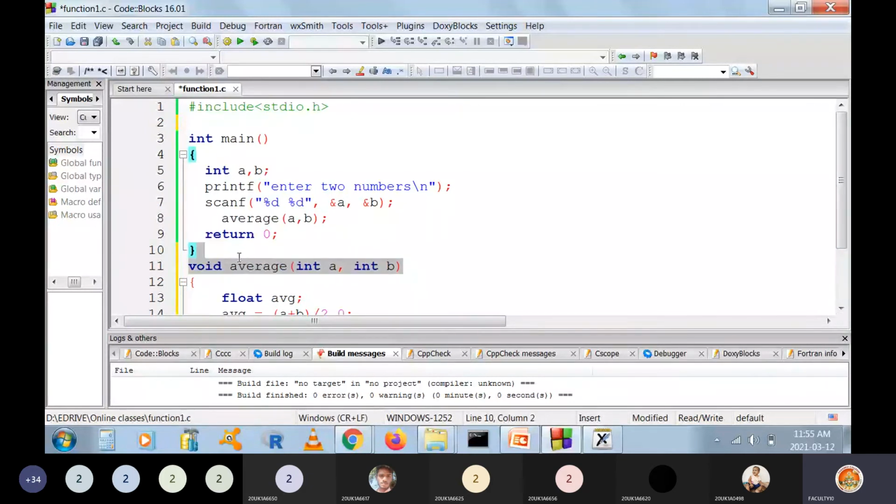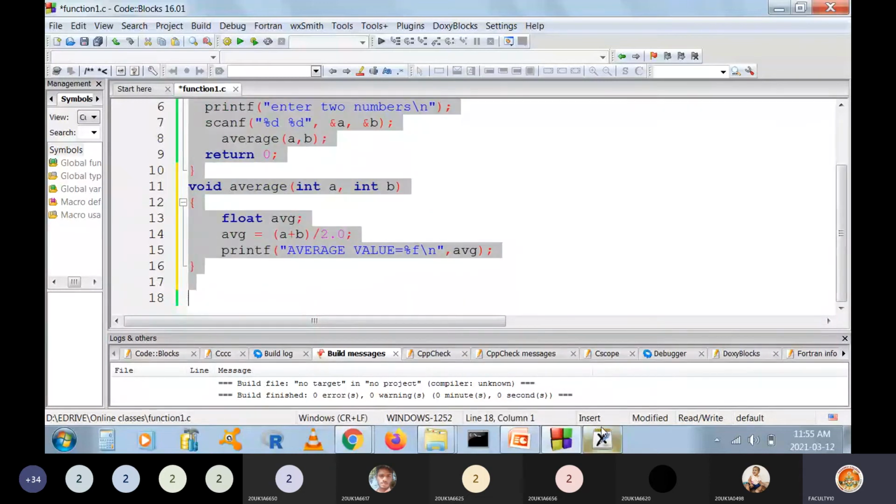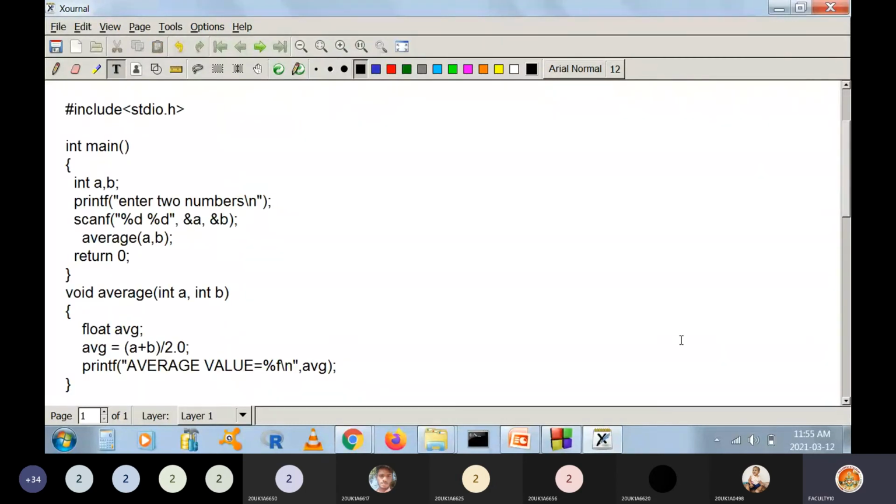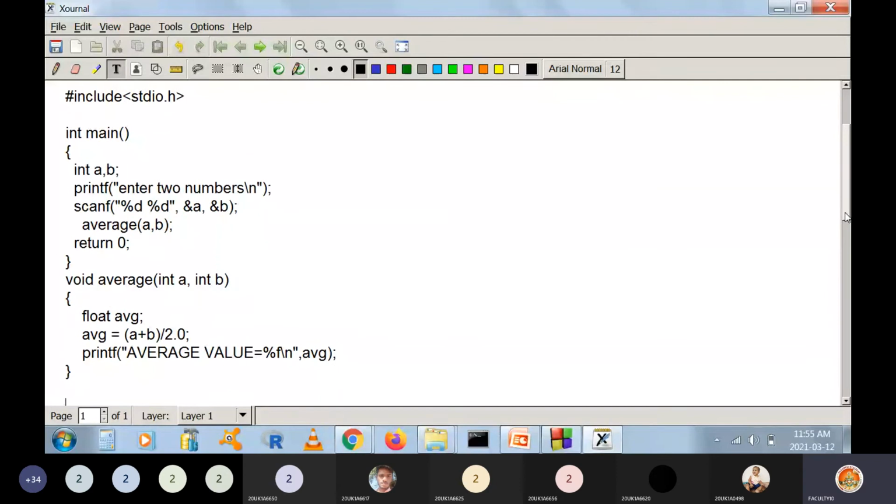This header you have to copy here. I'll tell you all the details. Now see here. When you define the function afterwards, this header you need to include here, because the compiler should know there is a function.